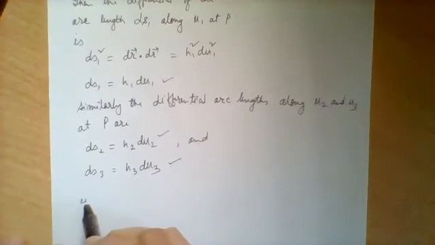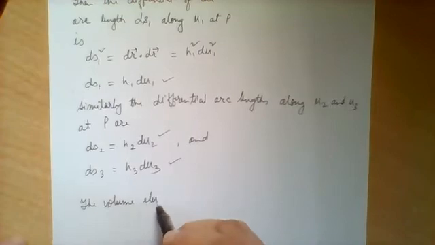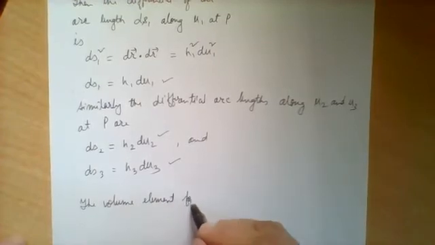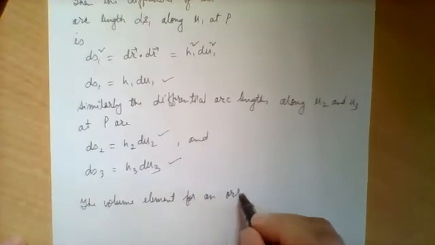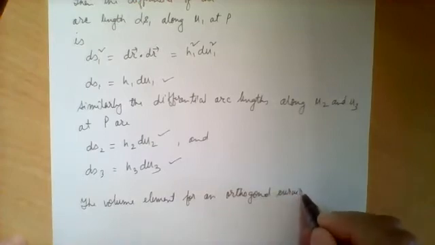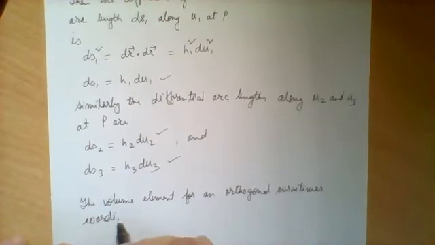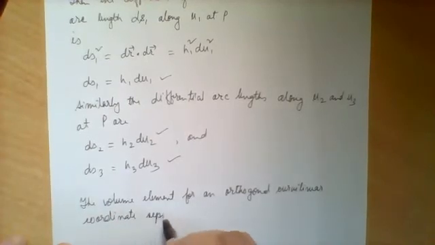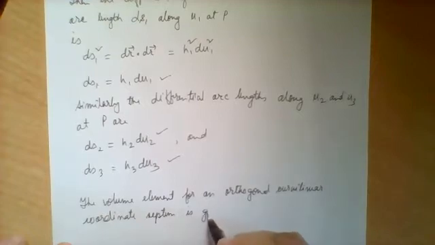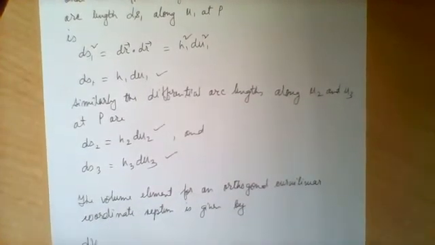The volume element for an orthogonal curvilinear coordinate system is given by dv. This is equal to